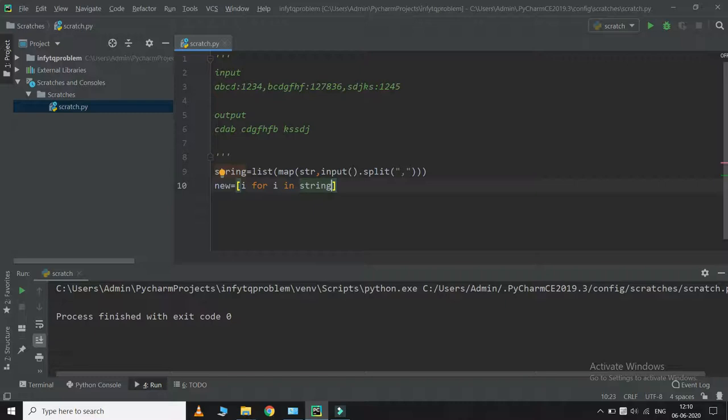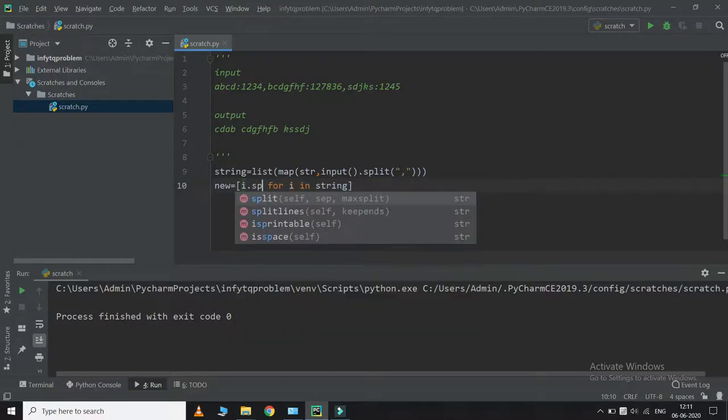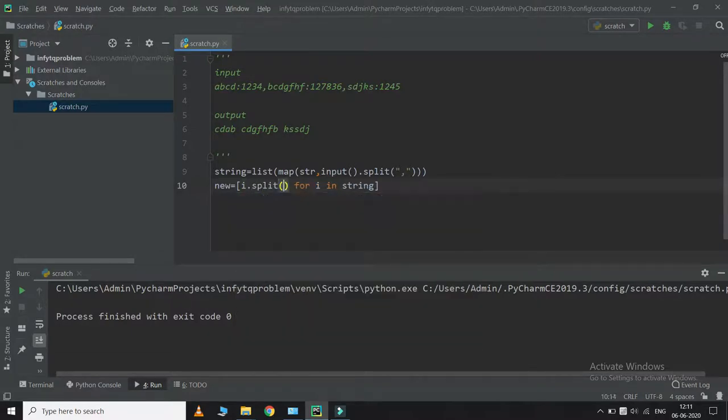So basically it takes one element, and in that I want to split it with the help of the colons. So I'm going to split it, and again convert it in the form of a list. So I'll just map it again and list. Okay.